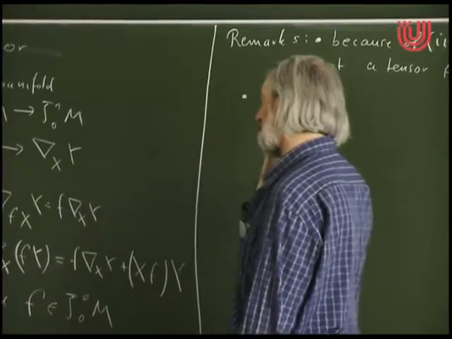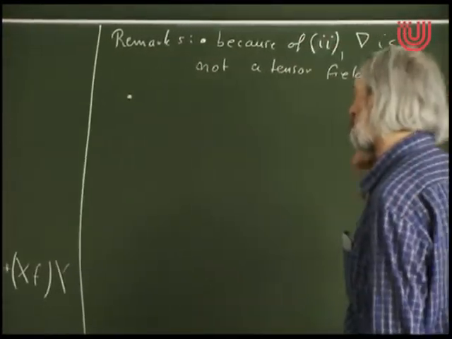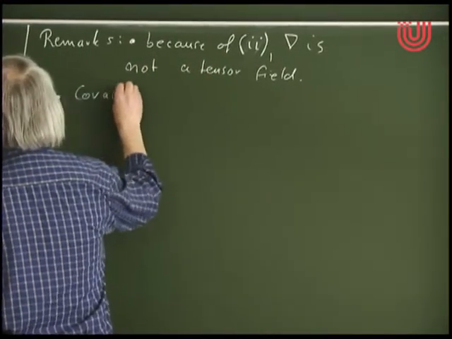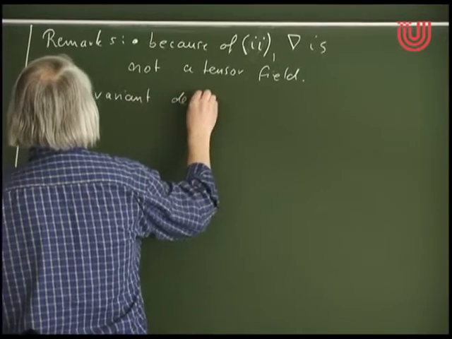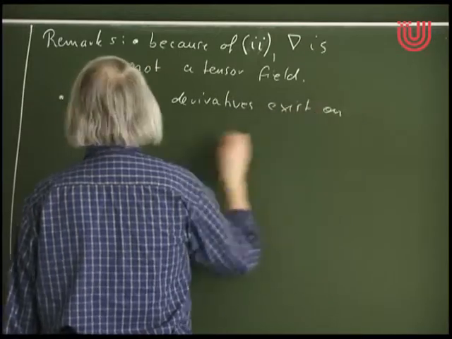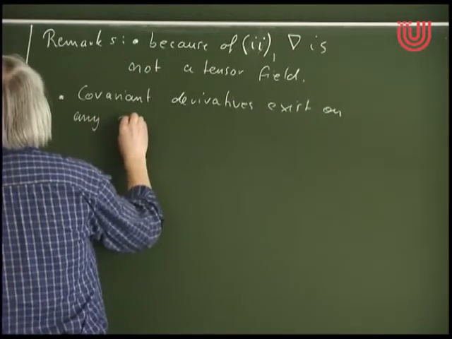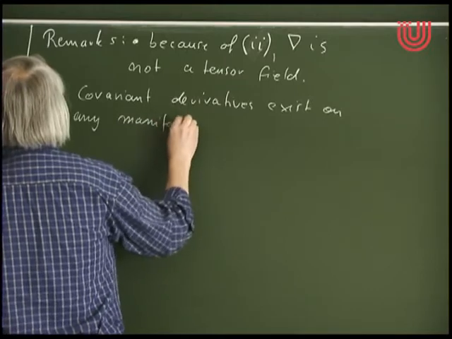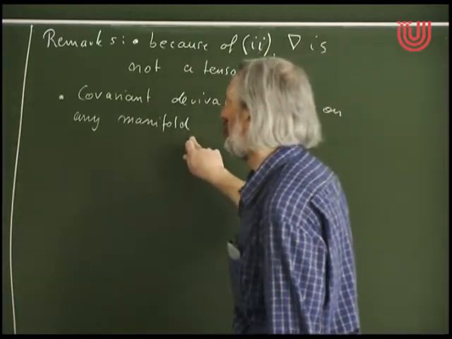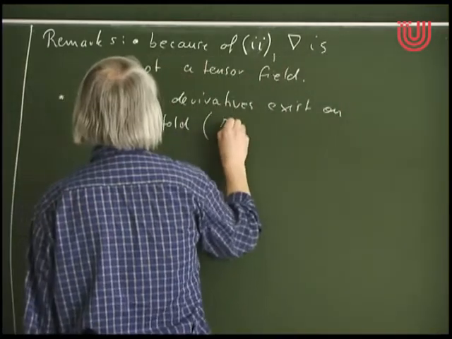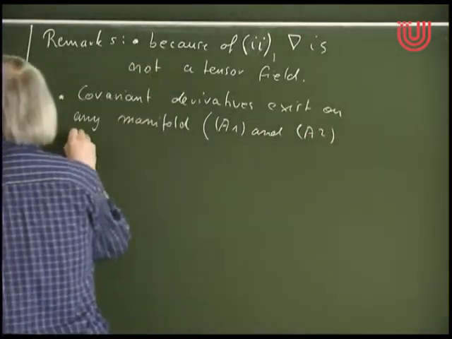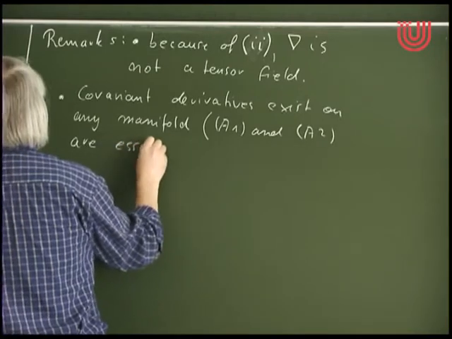But with our definition of a manifold, which includes these two properties, one can prove that covariant derivatives exist on any manifold. And manifold for us always means the smooth manifold with the topological axioms A1 and A2 satisfied. So I write in brackets here: A1 and A2 are essential